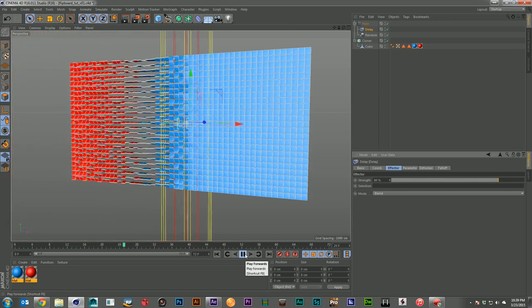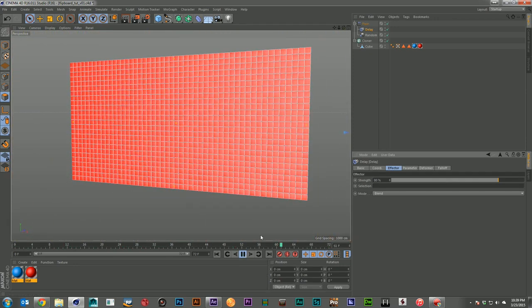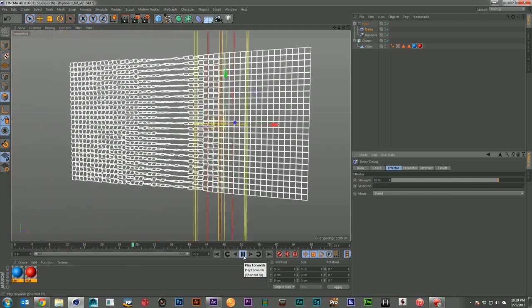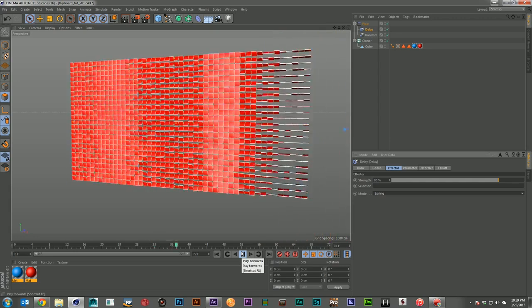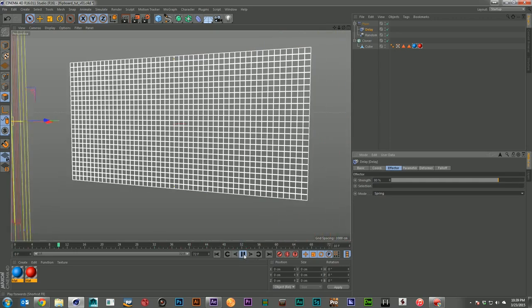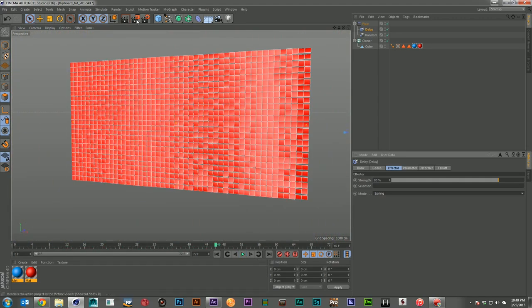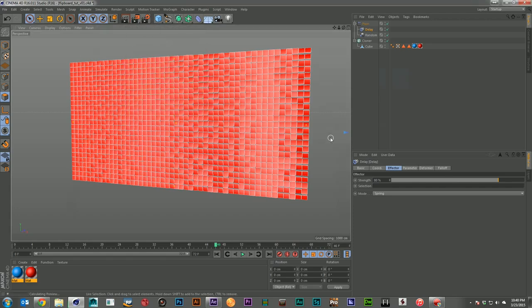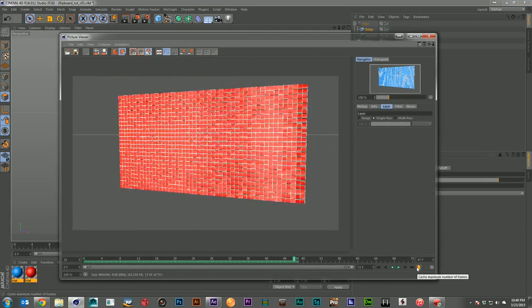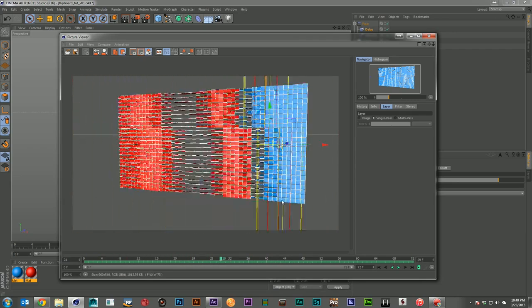Now, you can see they're a little slower, but they're still not giving us the wiggle, and that's because we need to switch this over to spring mode. And now, with everything in place, there we go. Now we get that nice bounce back and forth. We get this really cool secondary animation for no extra cost. So let's go ahead and do one more preview here. And you can see that it just has a much nicer, more organic feel now.